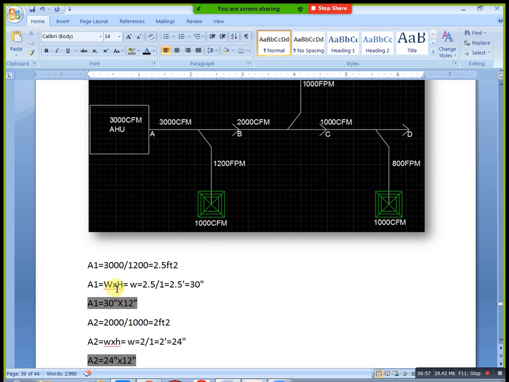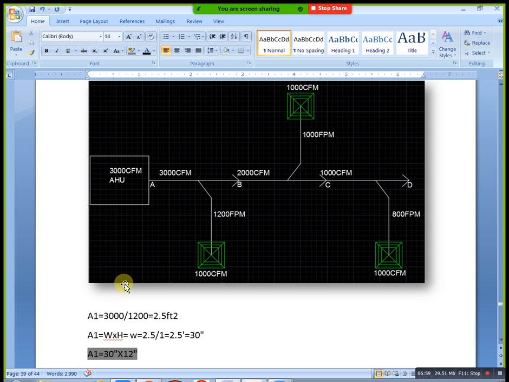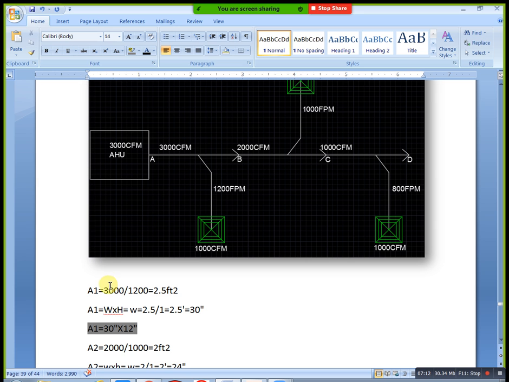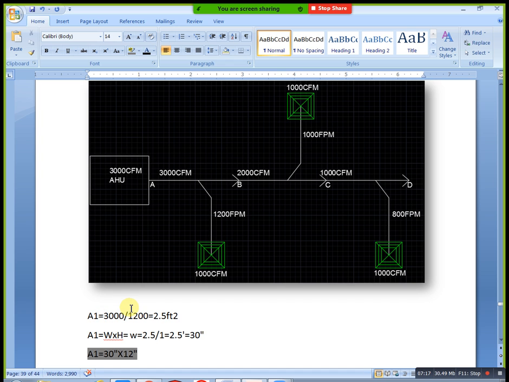You will take area as width into height. Okay, here for the duct we consider width into height, not length. Normally area means length into width, we already know, but here the cross-sectional area we consider as width into height. That's why area is equal to width into height. Based on the level height or floor height, we need to consider our height also, right? In that condition directly you will take height 12 inch, that is the assumption value. Based on that, first of all we need to find out our area.